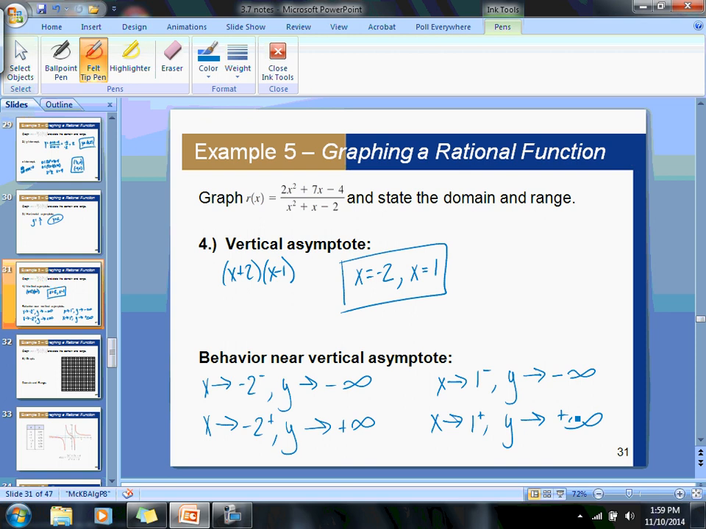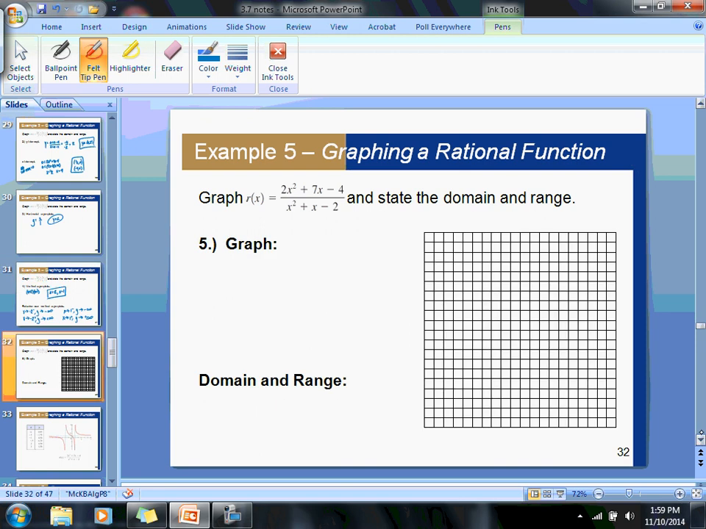But how we address that when we graph is we do some test points. So that part there about the end behavior doesn't necessarily have to be noted. Your book makes a point out of writing all of that down. But the best way to approach that with least confusion is just to make a table of values and then test a few points. So if I have my axes here on my graph,